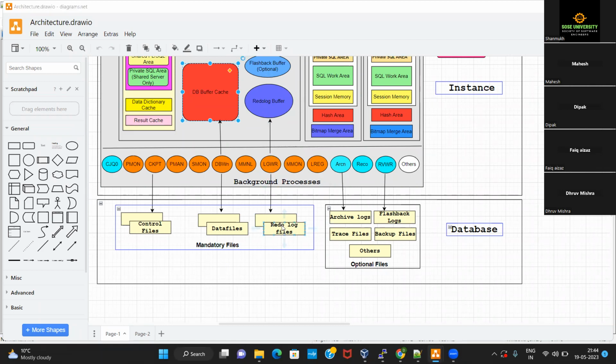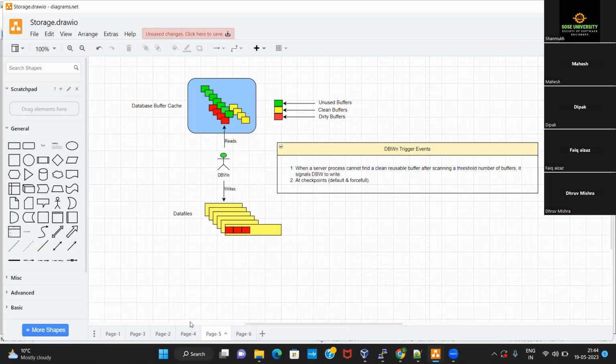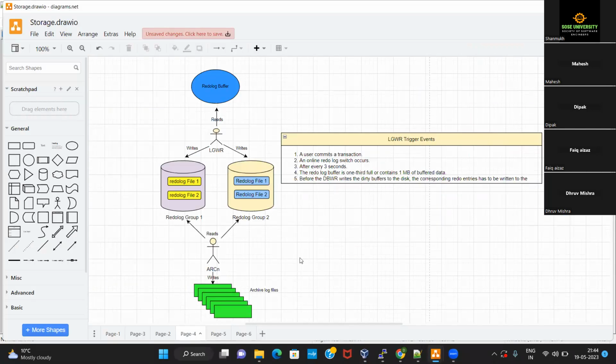That brings us to this specific diagram. If you see it over here, I have represented the redo log buffer over here, and